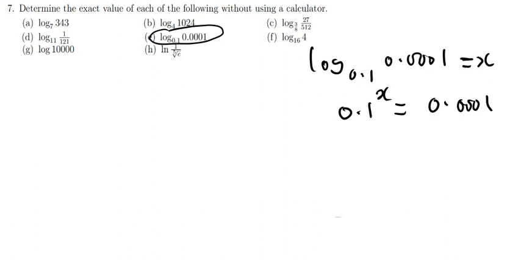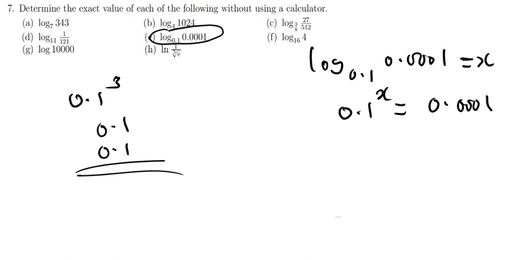Don't you think that if we count 1, 2, 3, it should be 3? If I do 0.1 to the power 3, it should be 0.0001. I don't know, but we can try. We try to do some math. So if we do 0.1 times 0.1, it's going to give me,